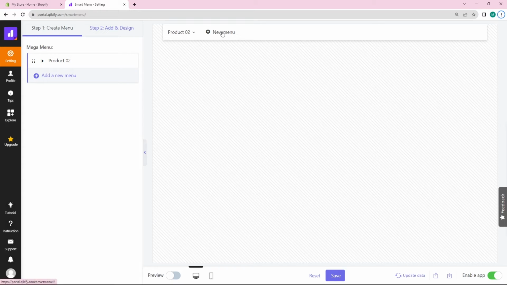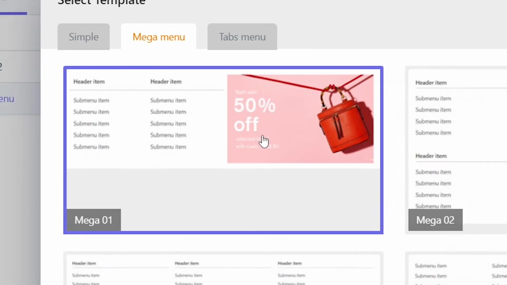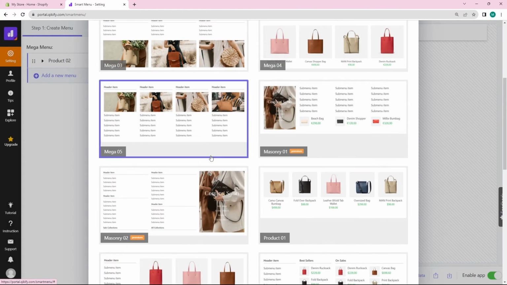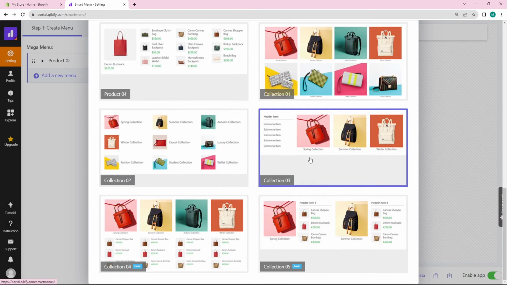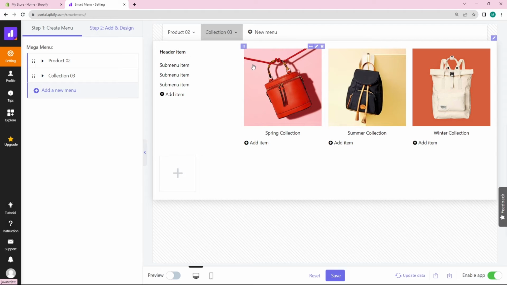You can click on new menu, or you can also click on this add a new menu button. So I will click here, and you can see that it is displaying the menu templates. Because we want to add a mega menu, I will click here on mega menu. These are the templates, and these are fully customizable, so feel free to choose any of them. I'm going to select the simple one. Suppose I want to add this mega menu to my website. You have to click on this, and this menu will be chosen, and here I will click on this edit